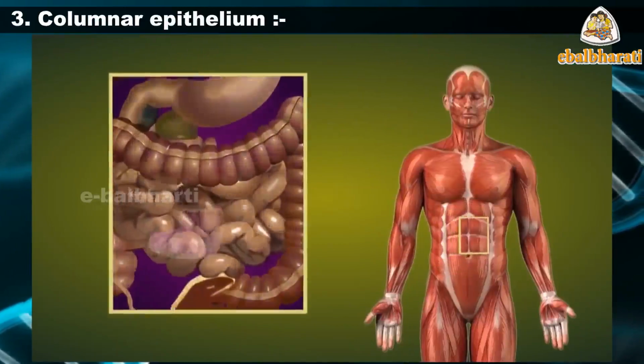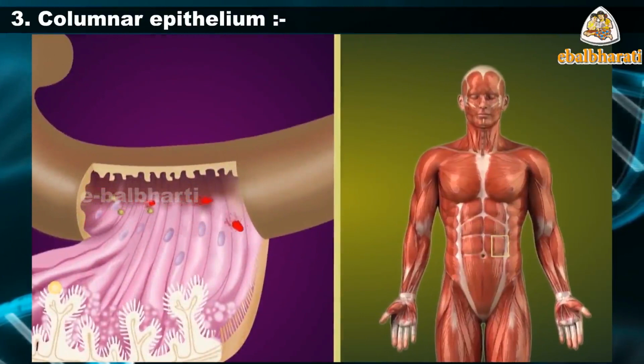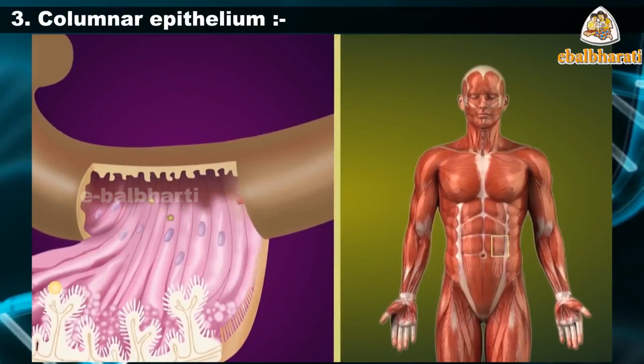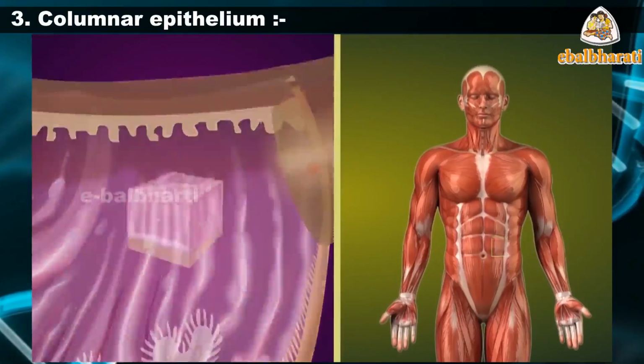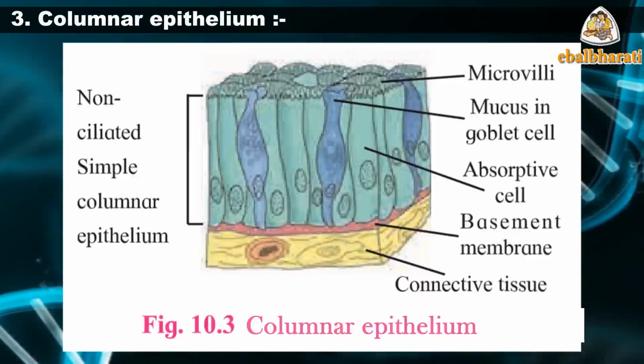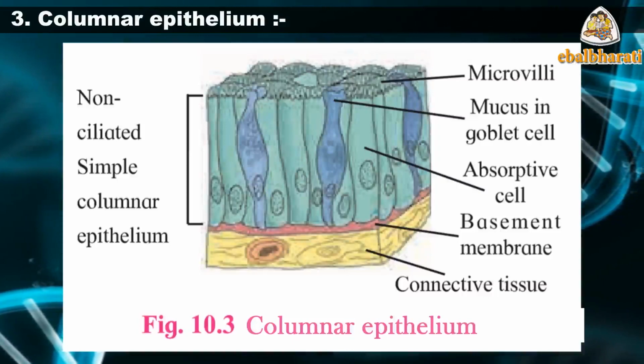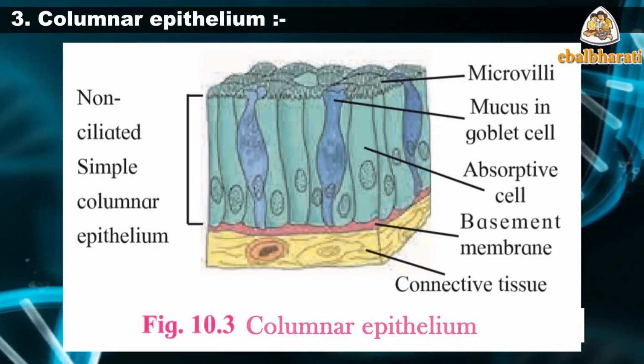Columnar epithelium cells are tall, pillar-like. Inner ends of the cells are narrow while free ends are broad and flat. The free surface shows a large number of microvilli. The nucleus is oval and is present in the lower half of the cell. Functions of these cells are secretion and absorption. It is found in the inner lining of the intestine, gallbladder, gastric glands, intestinal glands, etc., and is depicted in figure 10.3.